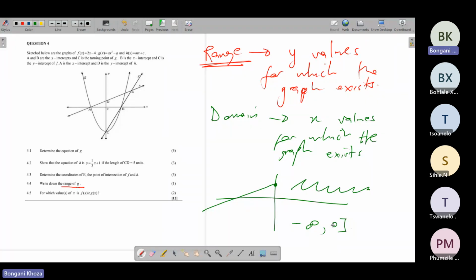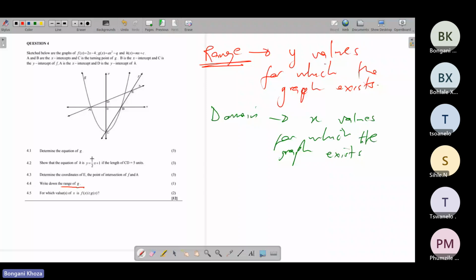We are using a square bracket because they've shaded that point over there. If it was an open circle, then we would use a curved bracket like that. So we're looking at only the X values for which the graph exists. We don't care about the Y values. That's the domain. So now if we check our graph here, we are asked to find the range